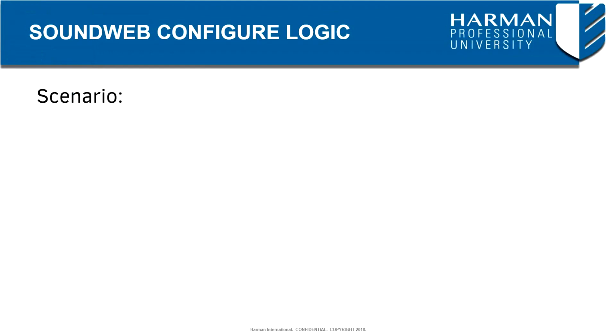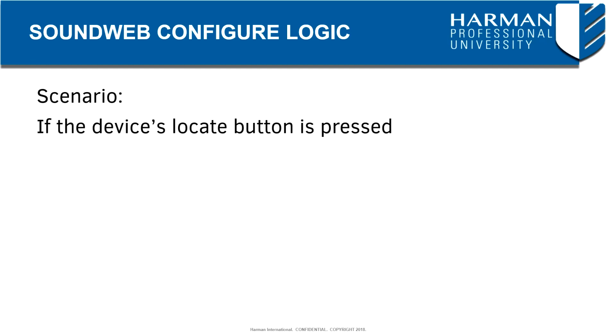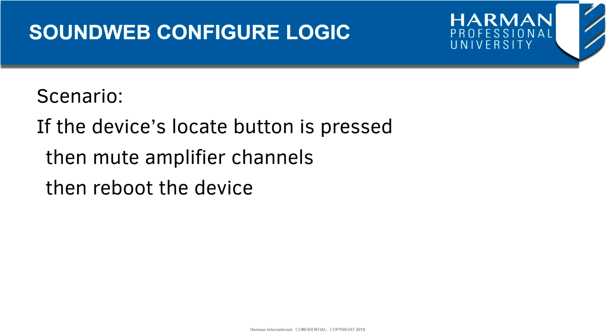Every Soundweb London device that can be configured in Audio Architect features a locate button. Some devices even have two, one on the front and another on the rear, though they are internally the same. Unfortunately, the devices do not have a dedicated power switch allowing us to easily cycle power and reboot the device. Let's build some logic to use the Soundweb London's device locate button to reboot the device itself, and moments before the device starts the reboot, let's mute the amplifier to prevent any unforeseen clicks or pops as a result of